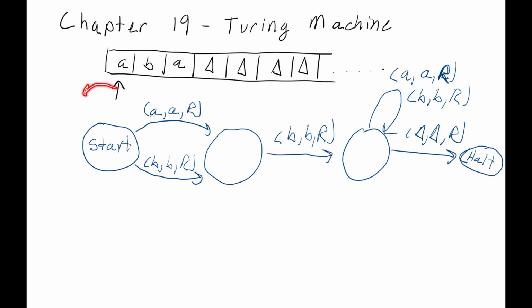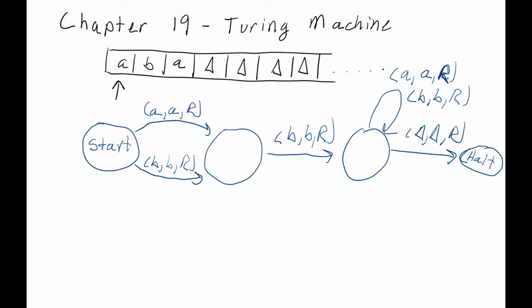Now remember, when you move the tape head off to the left, you're going to crash the machine. Now there is another way to crash the machine. If you look at this state right here, if we're reading an A, you see that there is no edge coming out of this that says what to do when you read an A. In that case, the machine also crashes. And then if you notice, there is no accept, there's just a halt. The only output that this Turing machine really has, besides writing stuff onto the tape, is whether or not it